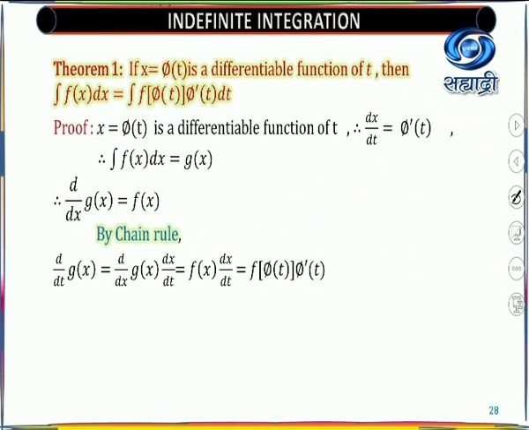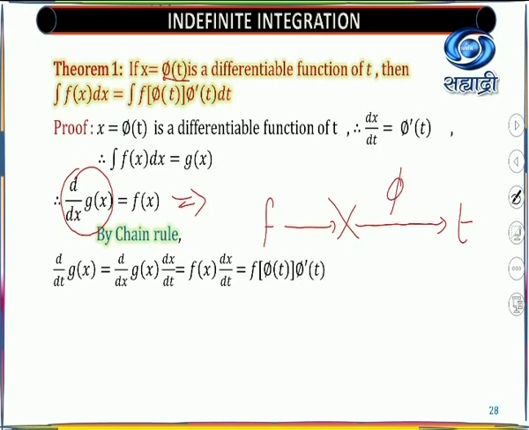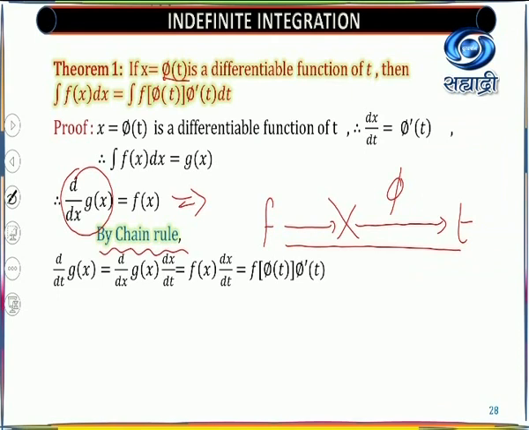Now once you get this function, look at the chain rule. Now I will explain here. Why is this chain rule used? You want this derivative in terms of t. Why do we want it in terms of t? Because we want to change our x in terms of t. The given function is a function of x, and x is a function of t. Under phi, this is under f. So this is called a composite function. If it is a composite function, then only you are able to use the chain rule. Keep this in mind.